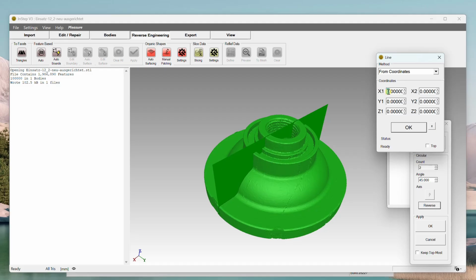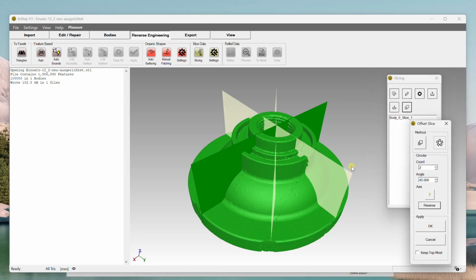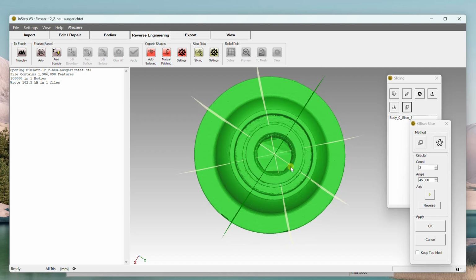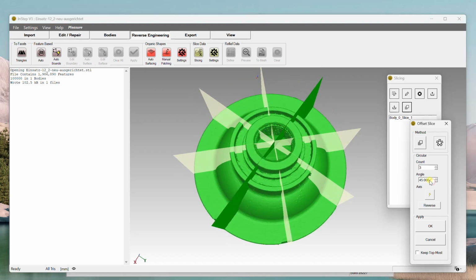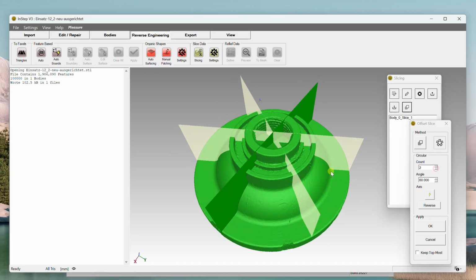I happen to know that the center point was right at around 33, so I'm just going to use that as a quick way of showing this. The axis does not have to be unit length, so this is a length 10, that's perfectly fine. We can define the number of planes that we want to rotate. We can define the axis angle, and that will be interactive in that sense. Once we're happy with that, click OK,